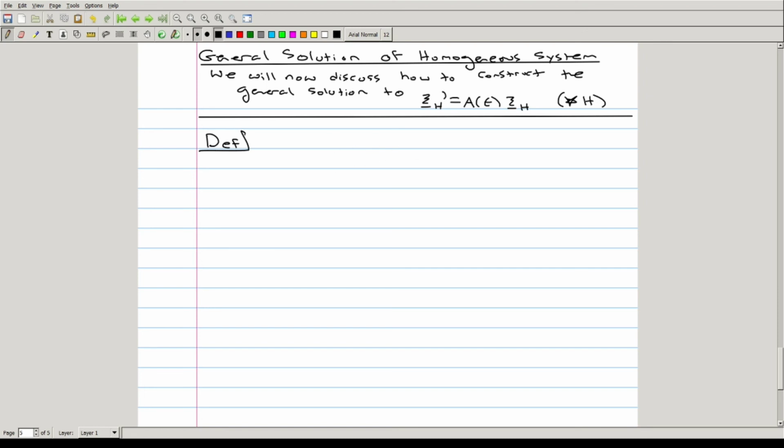So we say that k vector valued functions phi1 of t, phi2 of t, all the way to phi k of t, defined on I,